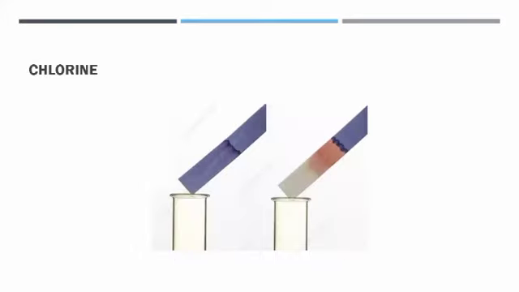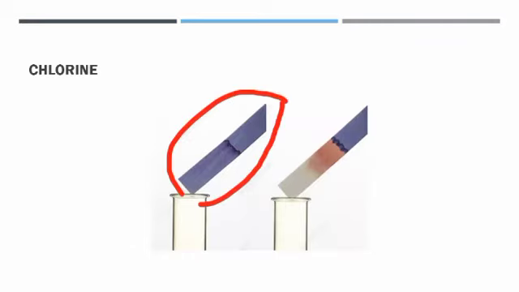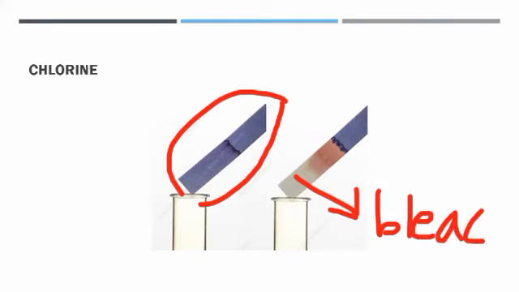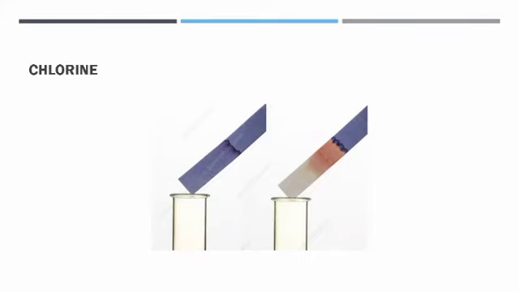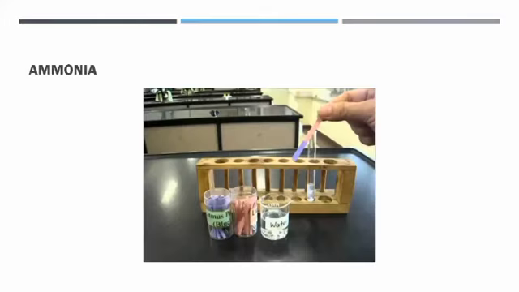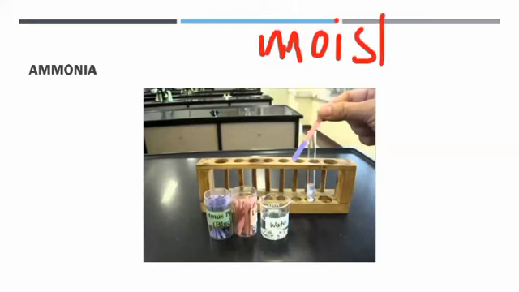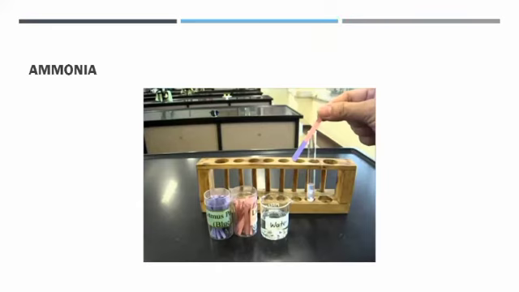Then I have chlorine. If I want to test the presence of chlorine, I'm going to bring a litmus paper near the gas. It's going to bleach the litmus paper. Any litmus paper, be it blue or red, but preferably blue, because then what will happen? It will first turn red, then be bleached, as chlorine is going to turn the blue litmus red. If I want to test for ammonia, I'm going to bring a moist or damp red litmus near the gas, and it's going to turn blue. If the litmus is dry, it's not going to turn blue.